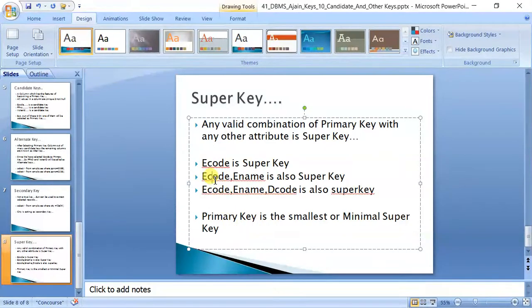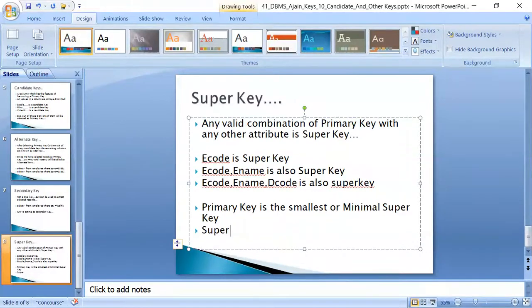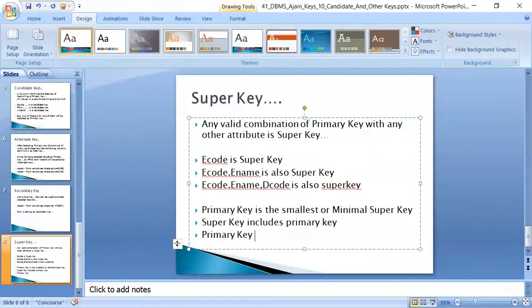Is this clear? So whenever you say super key, it includes primary key. Okay, please remember this thing. Super key includes primary key. In other words, primary key can also be called a super key sometimes.